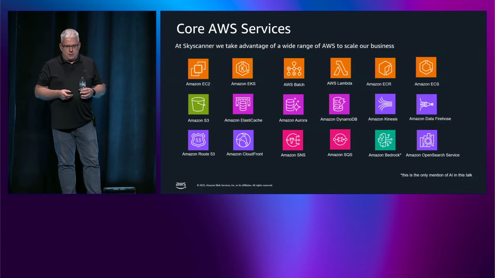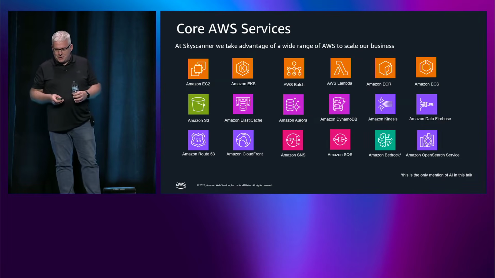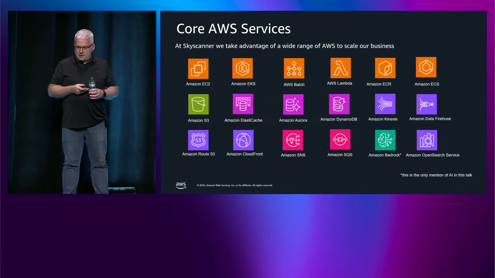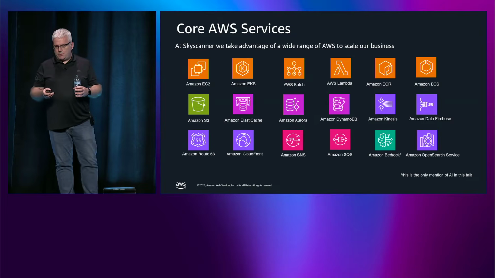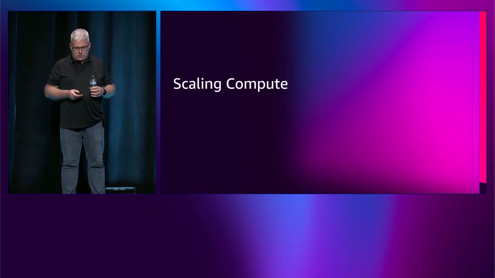So we use a lot of AWS services. There'll be a lot of familiar ones there. Christina's already talked about a few of them. We use Bedrock as well, but this is not a talk about AI. Sorry to say, we won't cover that, but there's been plenty of AI this week. The key to this list is not about the individual services, it's about how we bring them together, how we compose them for reliability, managing blast radius and cost.